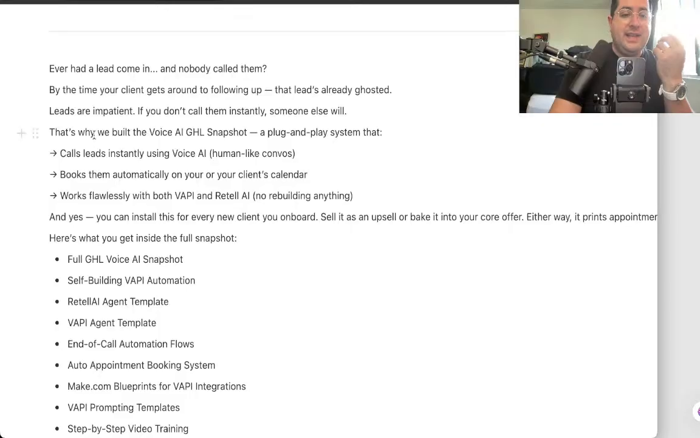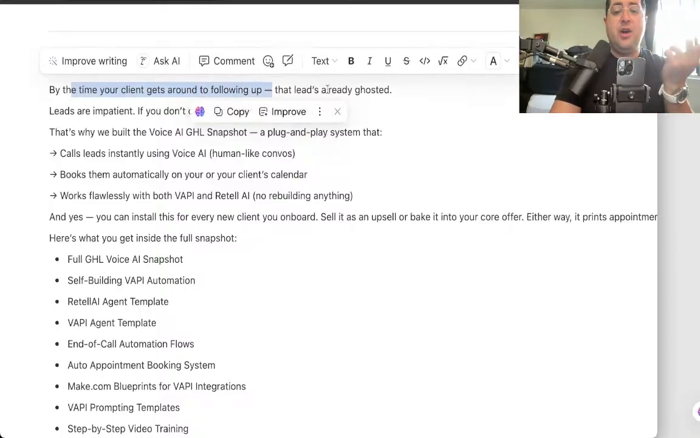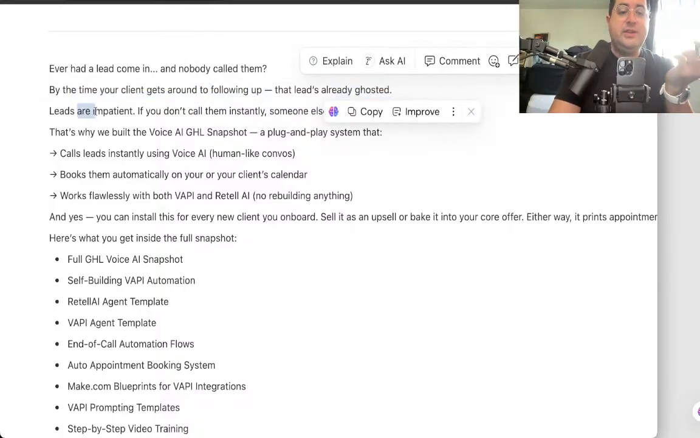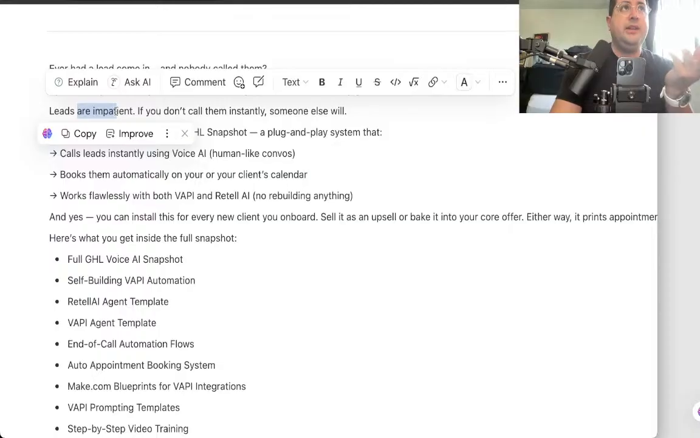He's like, ever had a lead come in and nobody called them, and by the time you get around to following up, the lead's already ghosted? Leads are impatient. It's true. There's technically what's called speed to lead, meaning if you call the lead within a minute, there's a statistically higher probability that you'll actually land more sales or increase